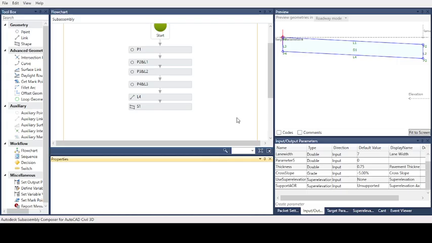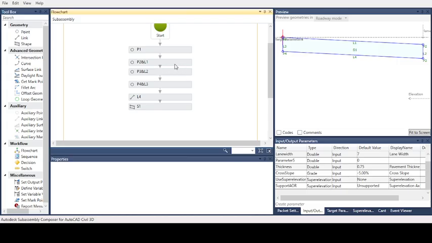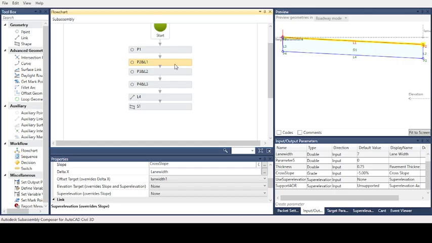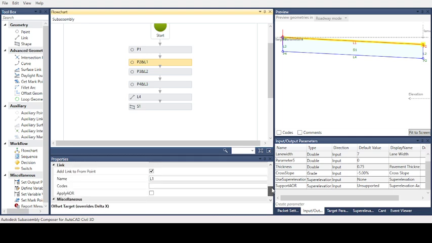Now we will go to the properties and assign the axis. We will apply the axis of rotation for the selected links, or for the given links. We will go to link 1. Under link 1, there is apply axis of rotation, apply AOR.